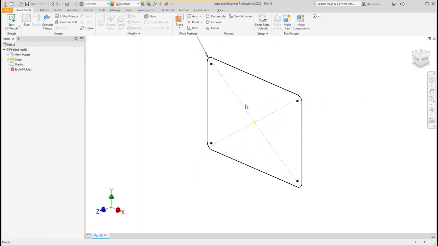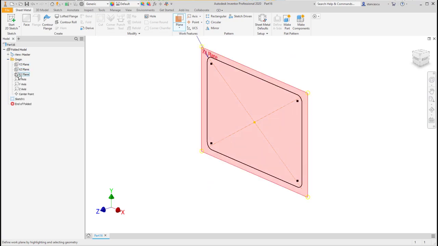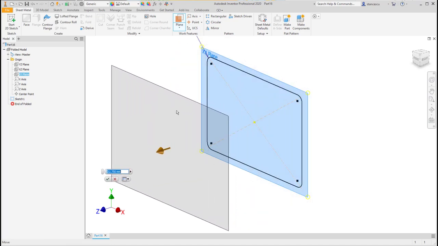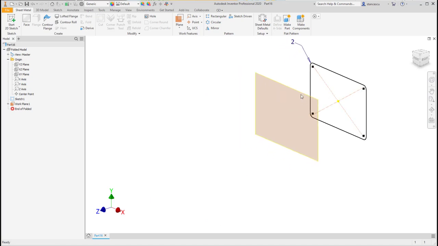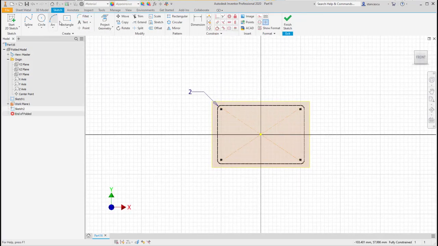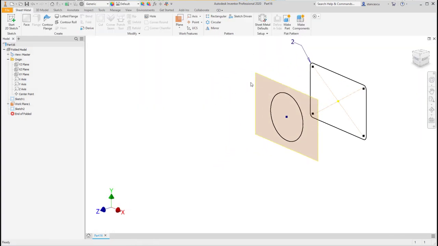Finish sketch. Now a new plane based on XY at a distance. Here we create a circle, finish sketch,